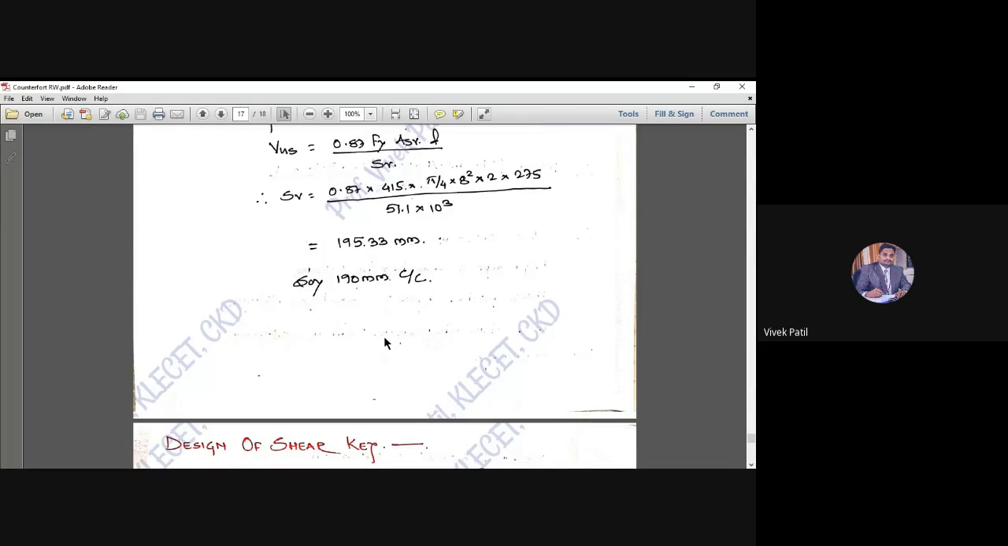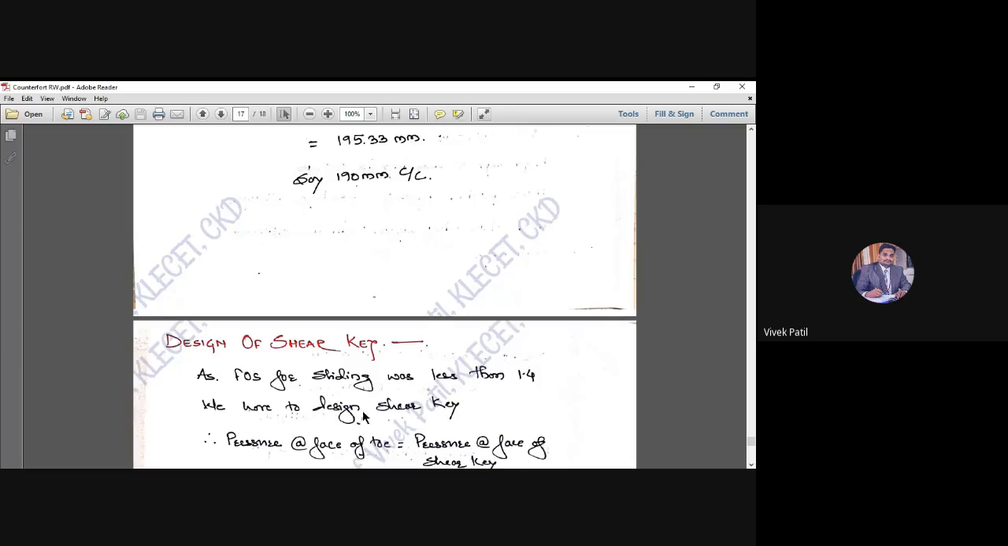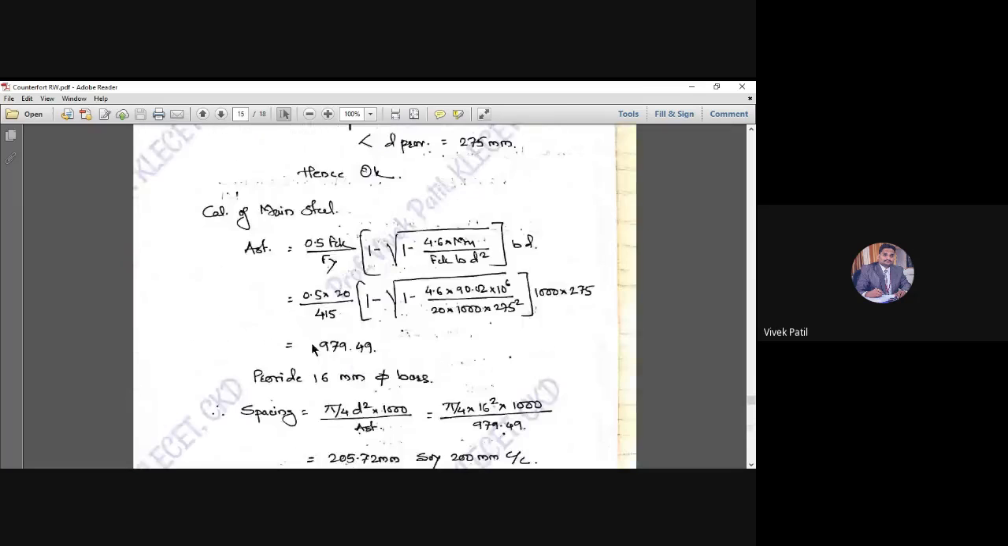Now let us go for the design of the shear key. We know that our FOS, the factor of safety for sliding, was less than 1.4. So we have to design a shear key. The pressure at the face of the toe will be equal to the pressure at the face of the shear key, the same pressure. So here in the pressure distribution diagram,